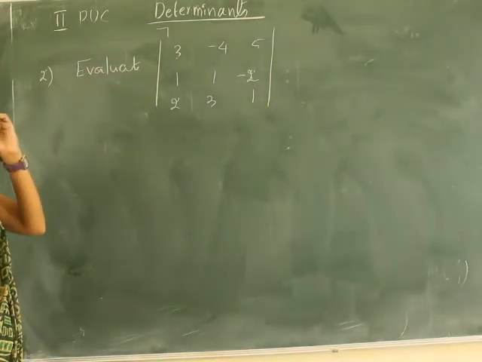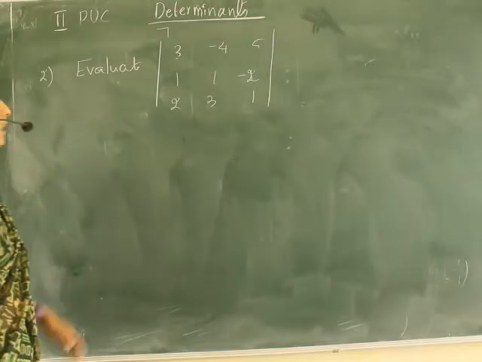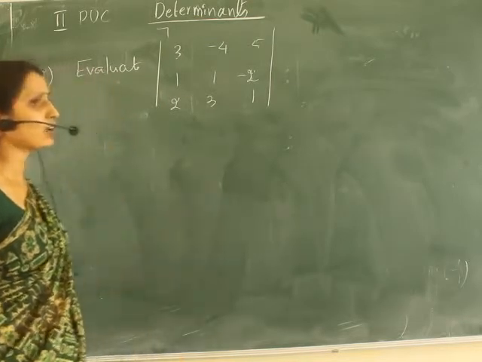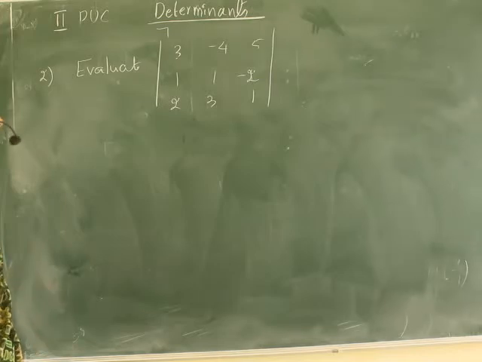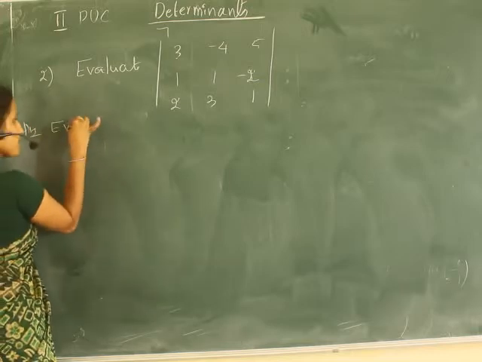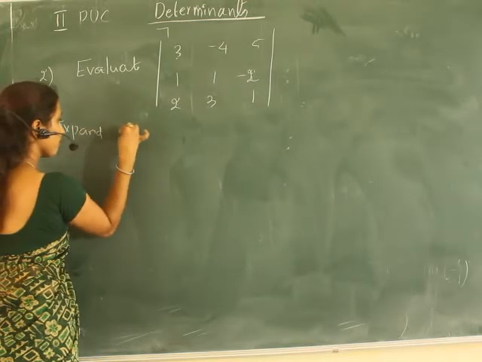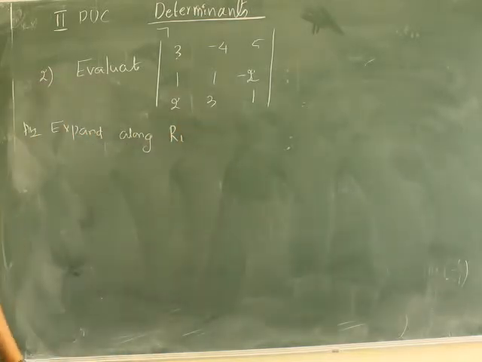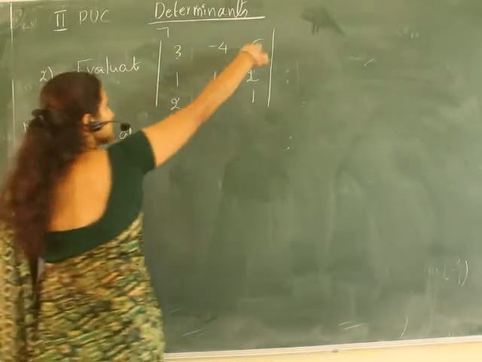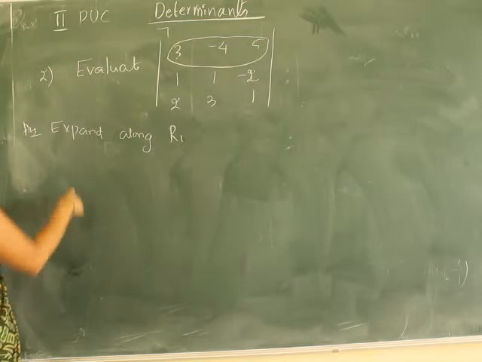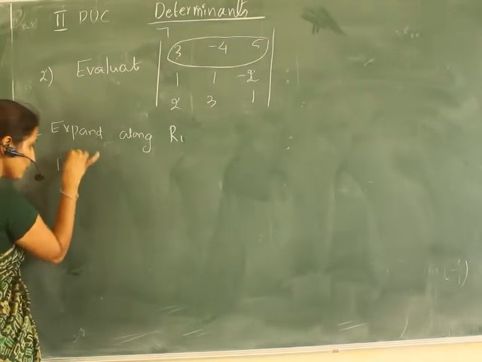So how can we expand now? Either you can expand along R1 or R2 or R3. Anyway you can expand. So I'll expand along R1, because in the previous example I expanded along C1. So expand along R1. R1 means I have to see these elements 3, minus 4 and 5. So I have to expand along R1. Then determinant of A is equal to